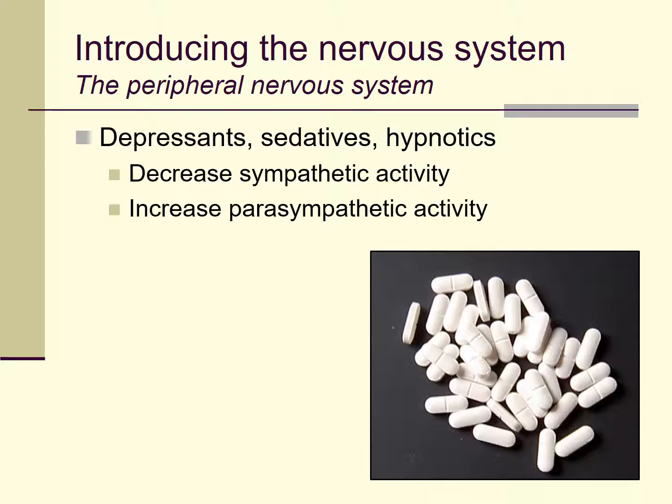So drugs which are sedatives or depressants or hypnotics, like to some extent alcohol, quaaludes, ketamine. There are a number of drugs which, generally speaking, will slow you down, make you feel drowsy or sleepy, or even render you unconscious. Among their other effects in the central nervous system, out in the peripheral nervous system these drugs tend to tilt the balance towards parasympathetic activity, slowing down versus speeding up.